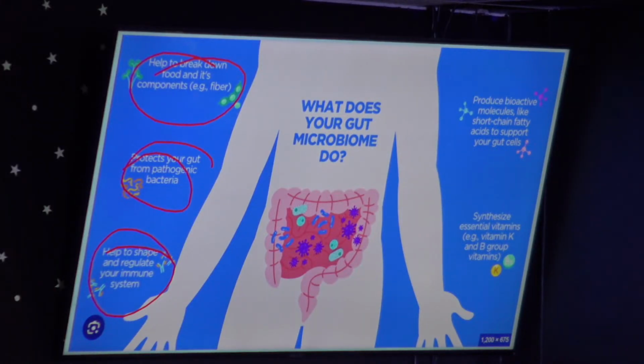It trains the immune system on what to do when we're under attack. It also trains the immune system to say, hey, when you see that cell right there, even though that cell may look a little bit like a bacteria, it's not a bacteria. It's part of the body. Don't attack it. It's part of us.